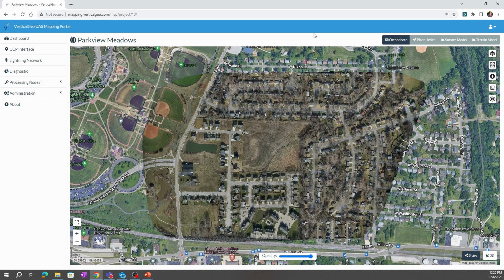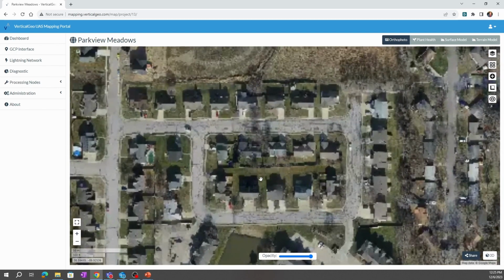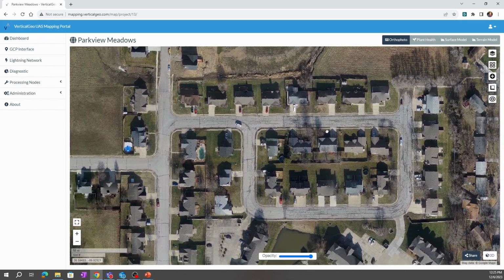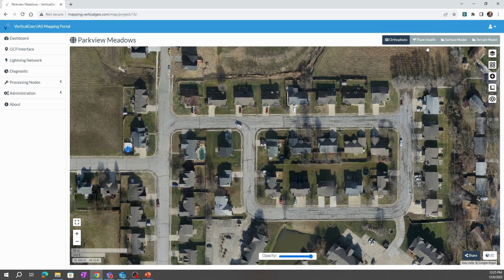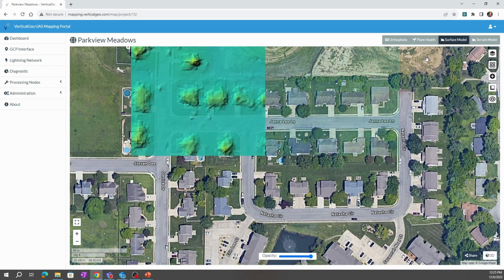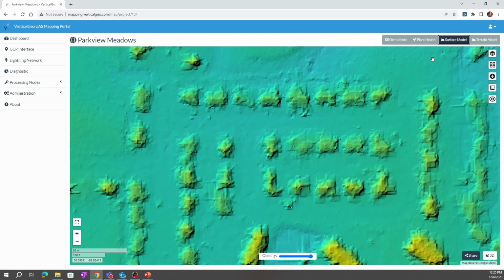So it's a much larger area. It has all the same capabilities as the church website did. We'll zoom in a little bit to one of the newer parts of the neighborhood here. Up at the top, we have two different things. We have the surface model, just like we had for the church. And what that does is it gives you